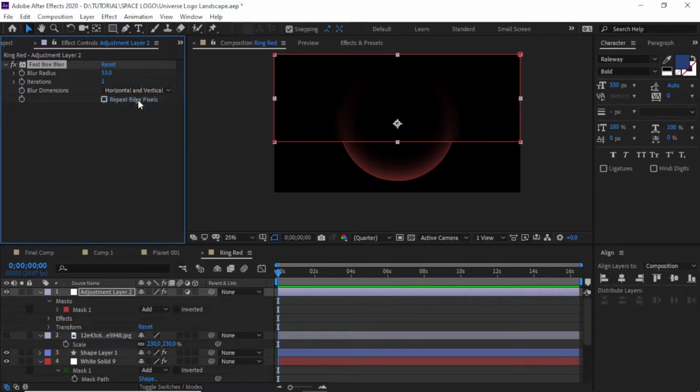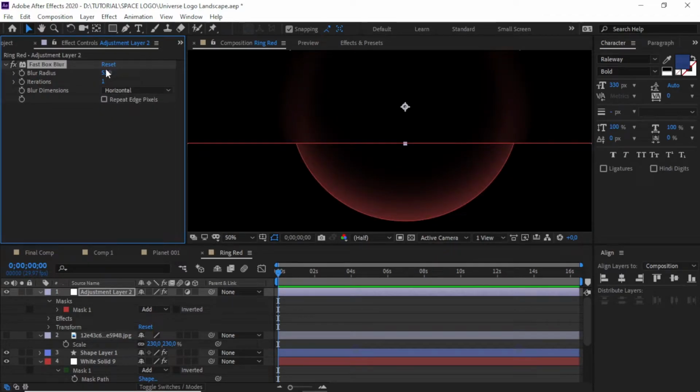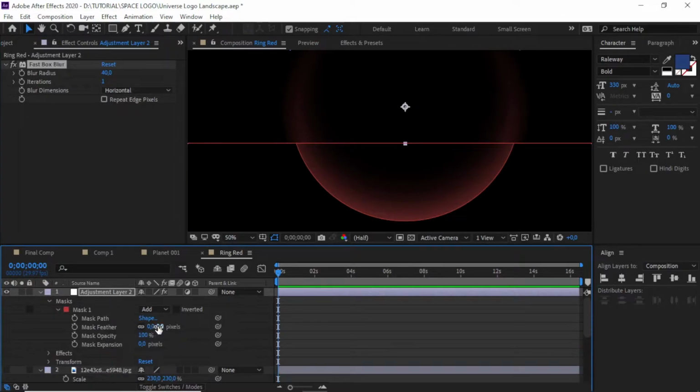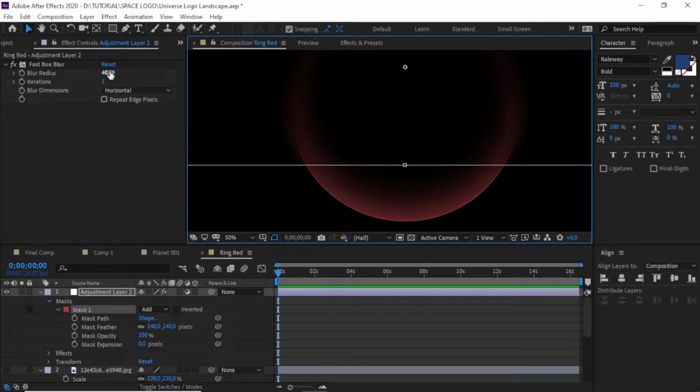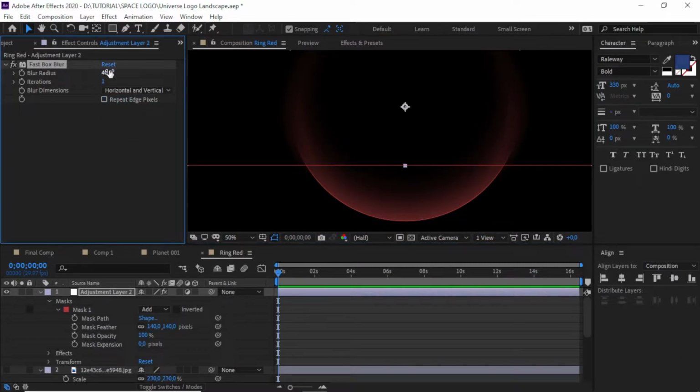We play around with the horizontal dimension and also feather out to make the edge here smoother. You can play around with this blur. You can achieve anything you want.